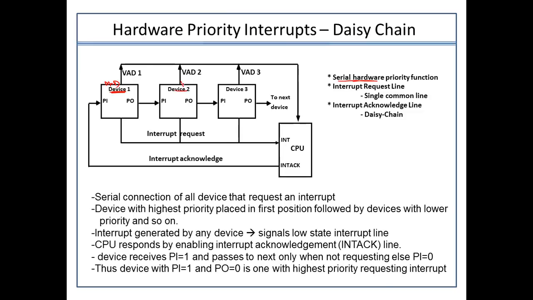This is device two, let's suppose a printer. This is device three, let's suppose a keyboard. It could be any device, depending upon the manufacturer and which device they want to assign the priority to. There could be many devices attached, but in serial order. First this device will be taken care of, then this, and only then this. This is how the entire thing will be handled.